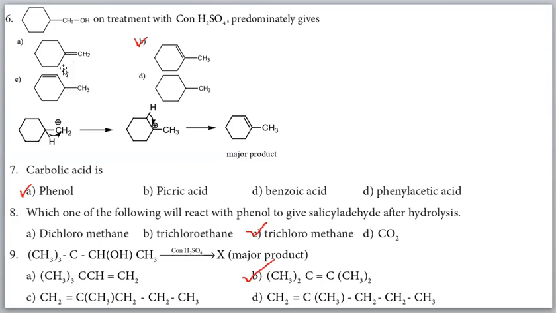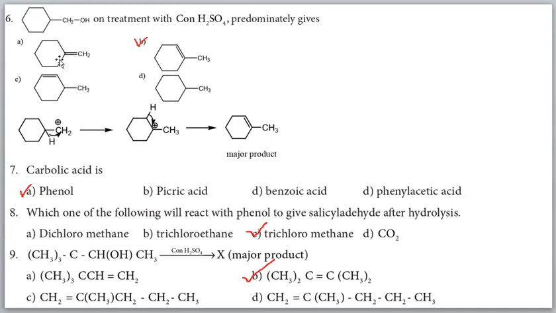Then you see, if the double bond is here, what will we get? What will happen? Now you see this carbon, on this side one branch. For this carbon, on this side one branch, and here one branch. Total branches, how many? 1, 2, 3. 1, 2, 3 is right.